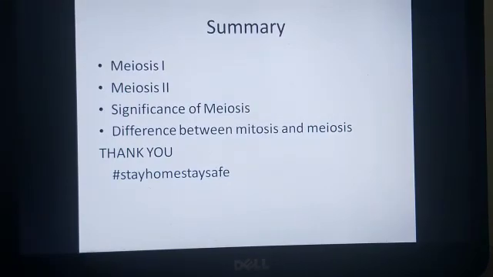Okay, now children, what we have seen in today's class is meiosis 1, meiosis 2 and the significance of meiosis, and also the difference between mitosis and meiosis. In the next module, I am going to discuss the question answers based upon this chapter. I suggest all of you see the module and please make your own notes seeing the points. I have put all the points necessary for you. You can make beautiful notes seeing this particular module, and you can draw the same diagrams in your notebook.